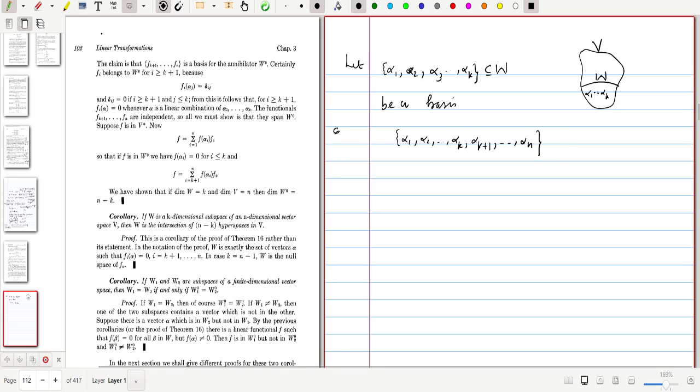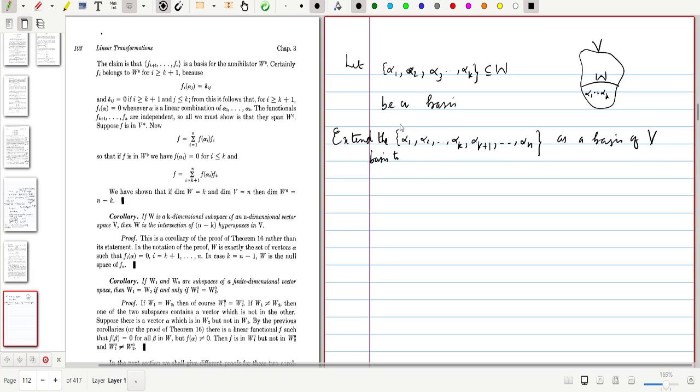We extend the basis to alpha 1, alpha 2, etc., alpha n as a basis of V. Once we have this basis, I denote it as B, then you can construct B star, the dual basis of that. B star consists of linear functionals f1, f2, etc., fk, fk plus 1, etc.,